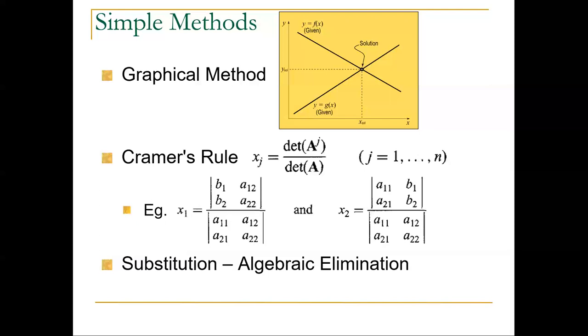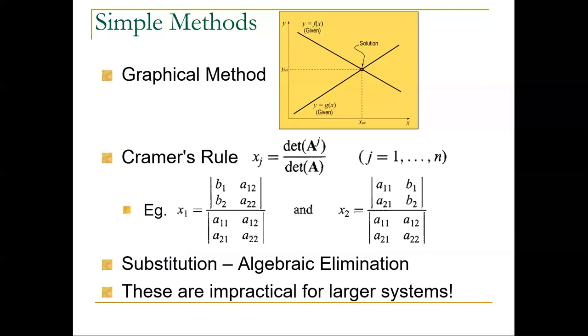And so then we turn to some computational strategies. Alright, so these are impractical for larger systems, especially more than 3 quantities or 3 variables. Now, the basis of many larger systems is what we call Gaussian elimination. I think many of you may have learned it already, and if you haven't learned it, I'll give you a brief introduction to it. But